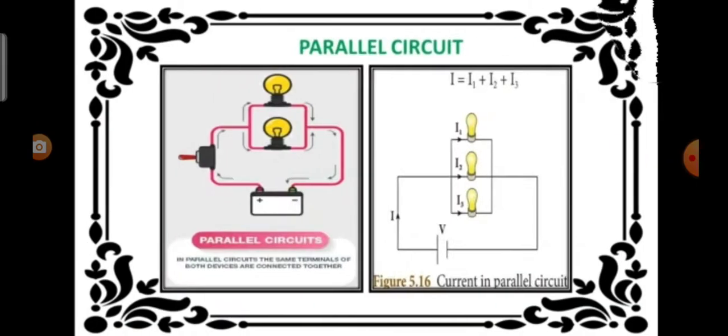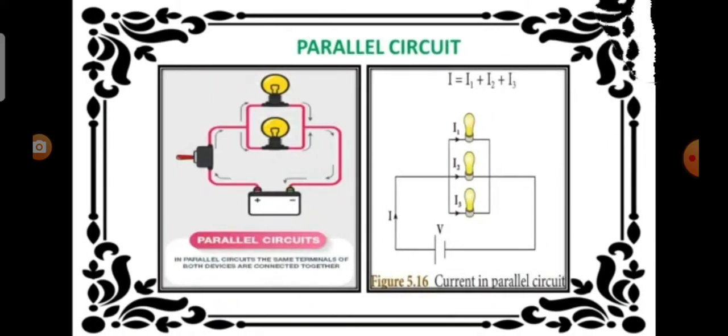Now we see about the parallel circuit. In a parallel circuit, there is more than one resistor and they are arranged on many paths. This means charges can travel from one end of the cell through many branches to the other end of the cell. Here the voltage across the resistors remains the same, but the current flowing through the circuit gets divided across each resistor. Here the three bulbs are connected in parallel.